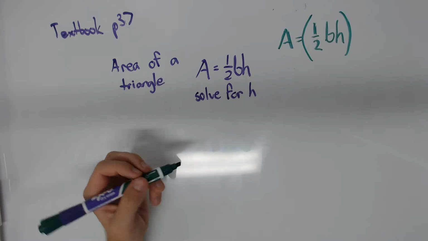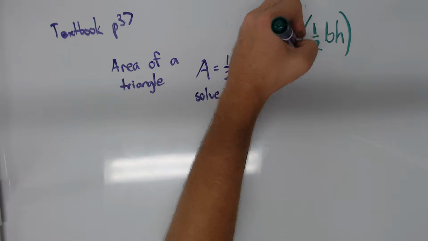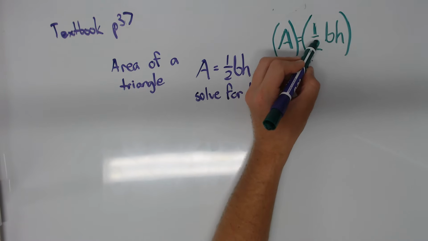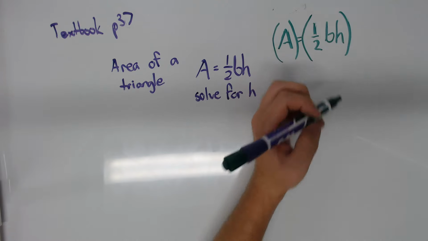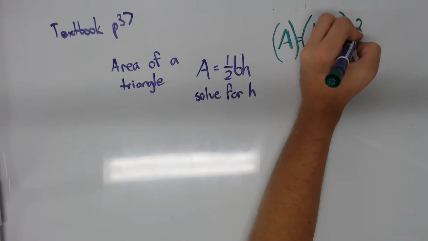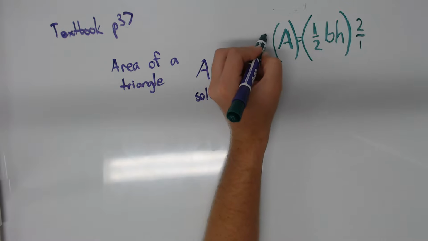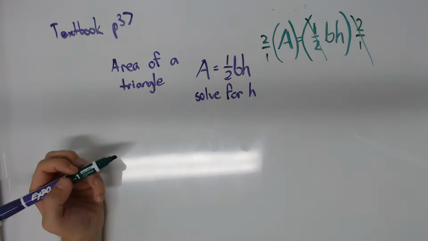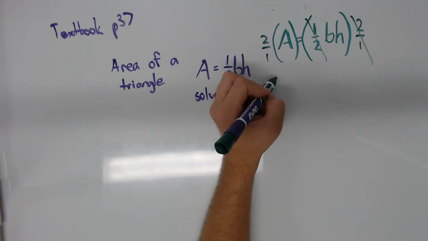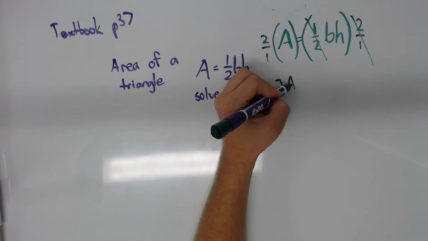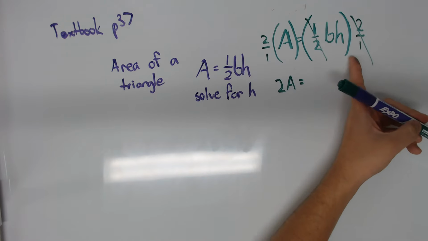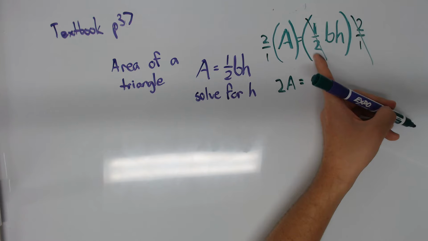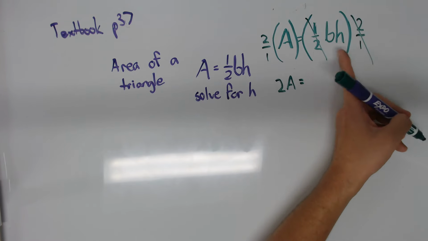I still have to make a review video for fractions, multiplying, dividing, adding fractions. But if I want to divide that away, dividing a fraction is the same as multiplying by its reciprocal. If I multiply by 2/1, that'll cancel out with the 1/2. So I would get 2 times the area. When I read this, I read it as, when I multiply by 1/2, it's the same as dividing by 2. So when I think through this in my head, I think, what's the opposite of dividing